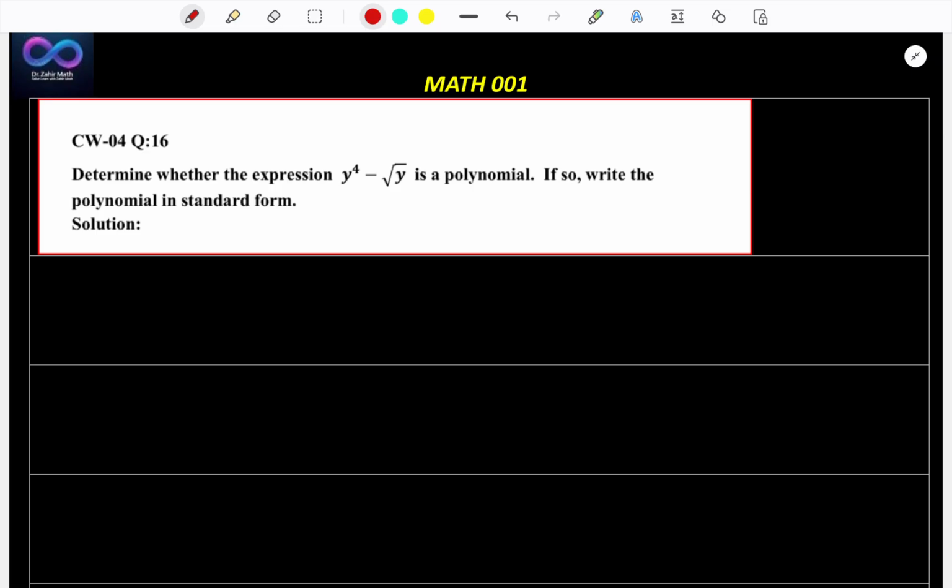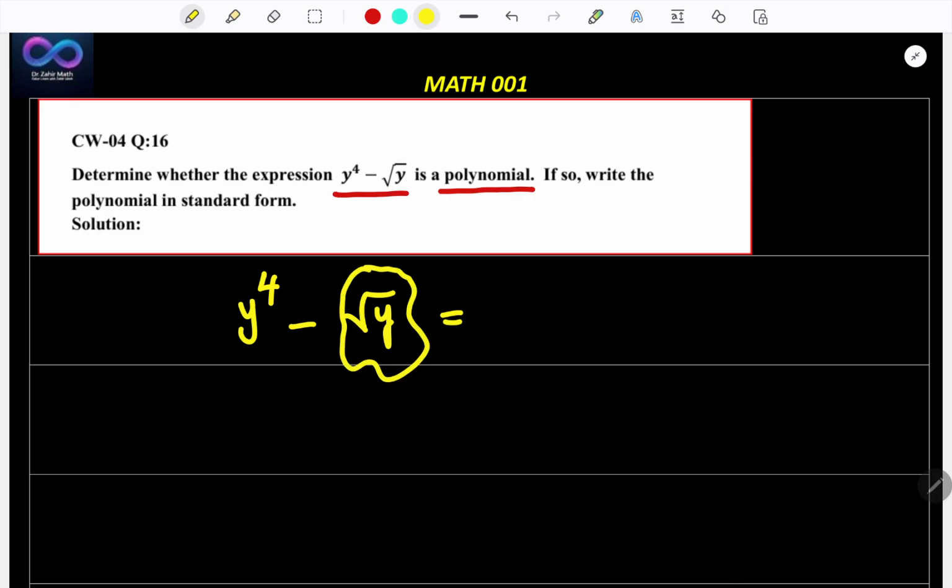Yes. The next question is: determine whether the expression is a polynomial. So what is your expression? It is y power 4 minus square root of y. So there is a square root. I told you in the beginning, if the power of x is negative or a fraction or a root. So this is not in the root power, teacher. It is in the down. Okay, no problem. It is y power 4 minus y power half. It is a fraction, right? So if it is a fraction,